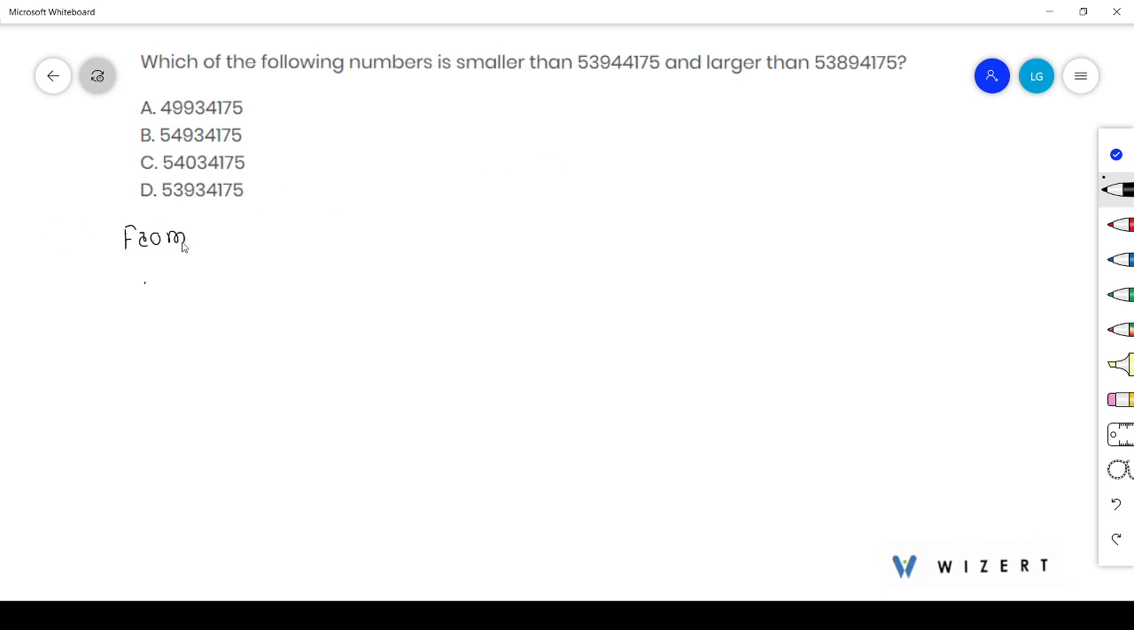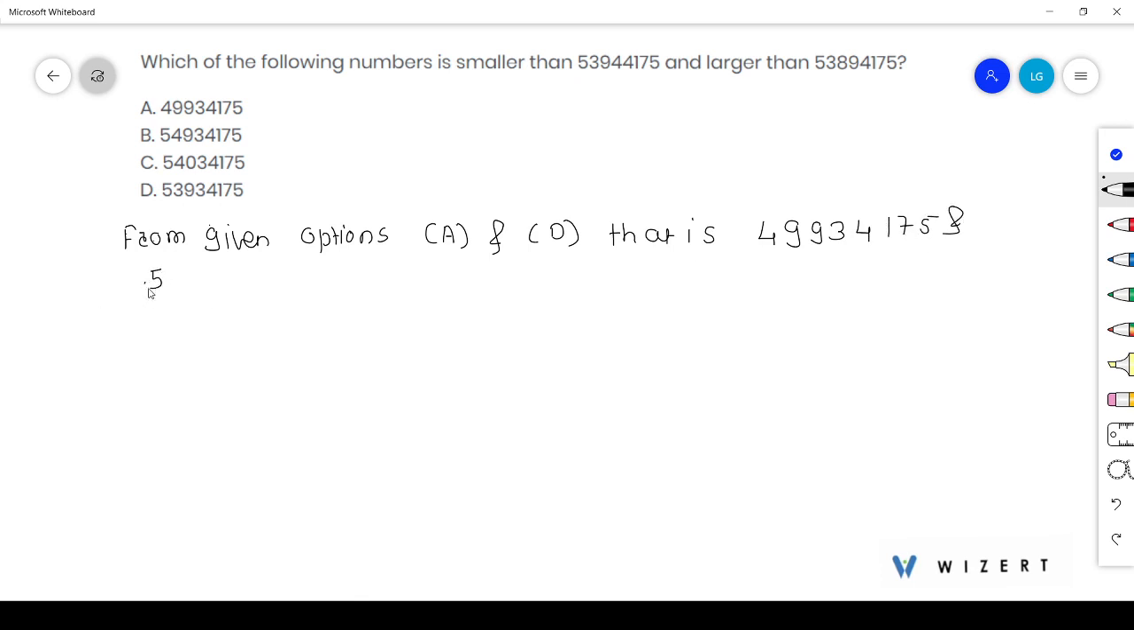Firstly, we can observe that from the given options, A and D, that is 49,934,175 and 53,934,175, are smaller than 53,944,175. Now, out of these two options